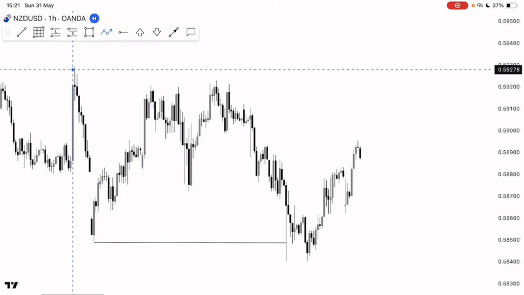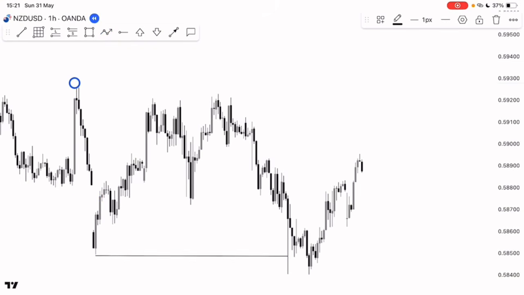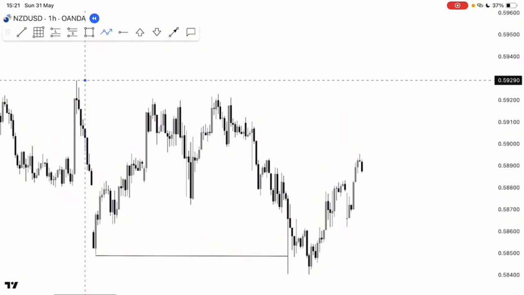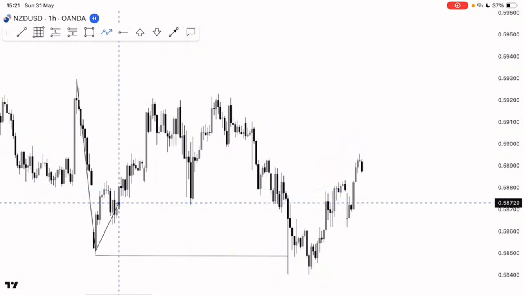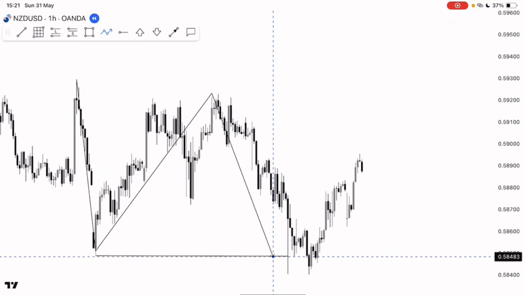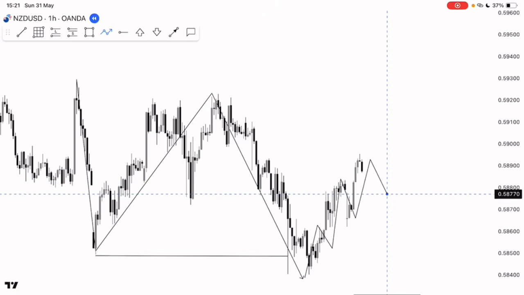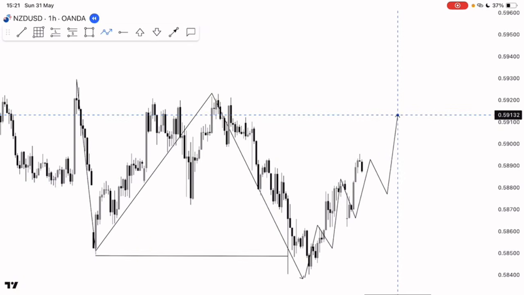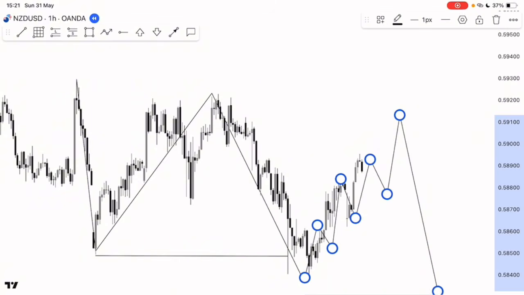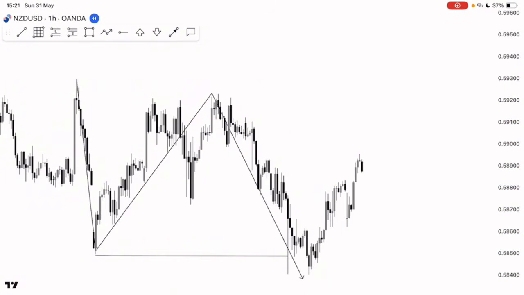We have this lower low, lower high, and lower low. So what we'll be expecting is for price to come back and start forming a series of higher highs, higher lows, then tap into any of these zones, then start dropping. Once price taps any of the zones, we'll start looking for confirmation to sell the trade. The main key point is that price should not break this high, and we are not going to enter